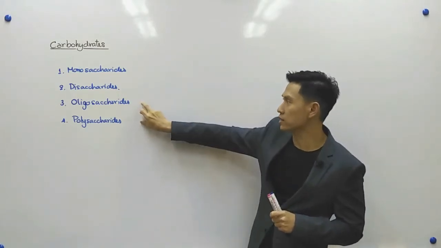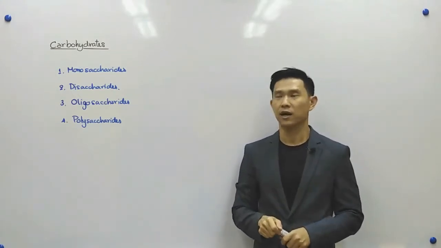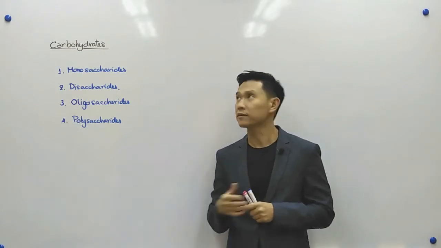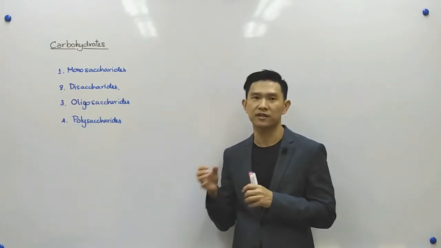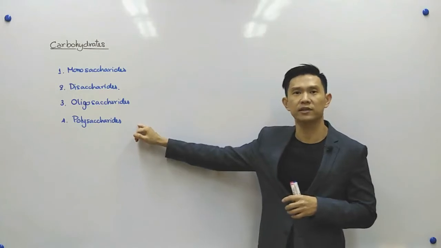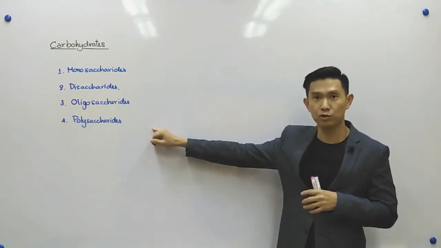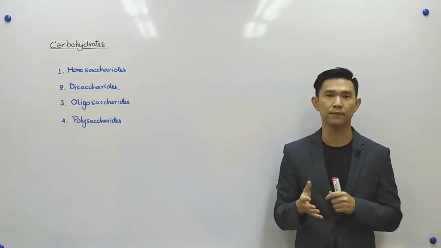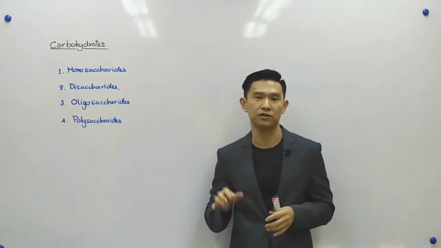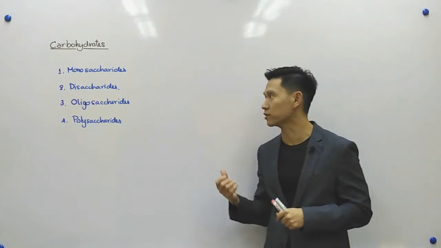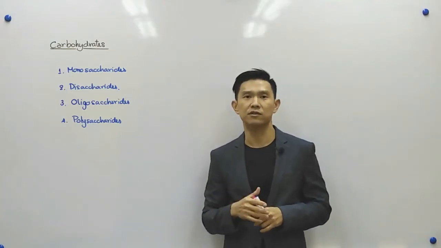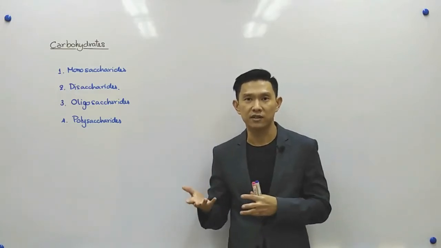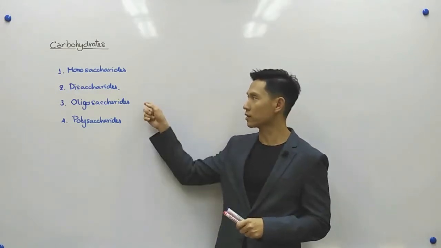So what is the difference between oligosaccharide and polysaccharides? We know that this is a kind of polymer, and monosaccharides condense together, creating polysaccharide. It can be very, very huge molecules, up to several thousand units of glucose or several thousand units of monosaccharides. So if we have just a very small chain, like 5, 6, or 10 monosaccharides, we can call them